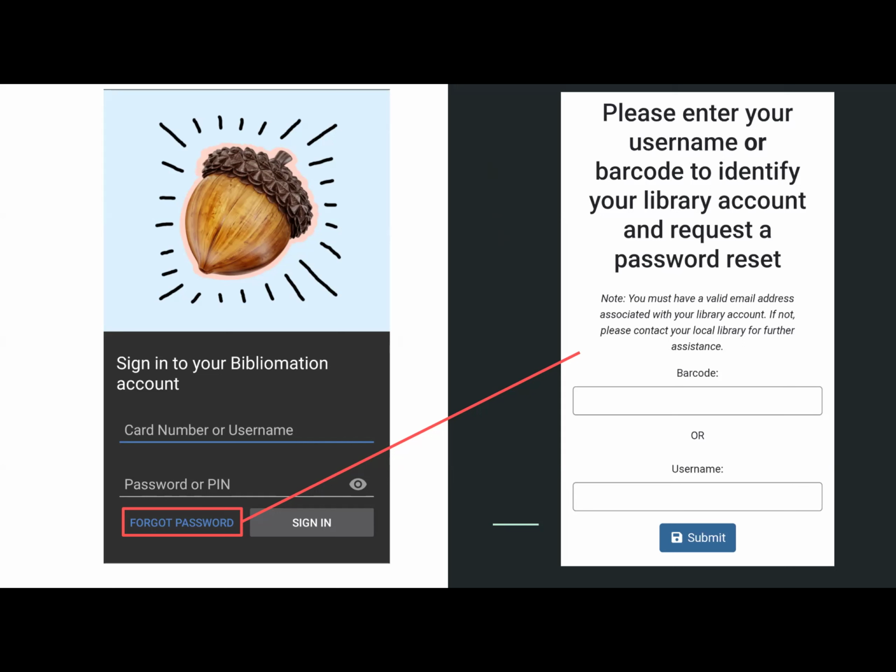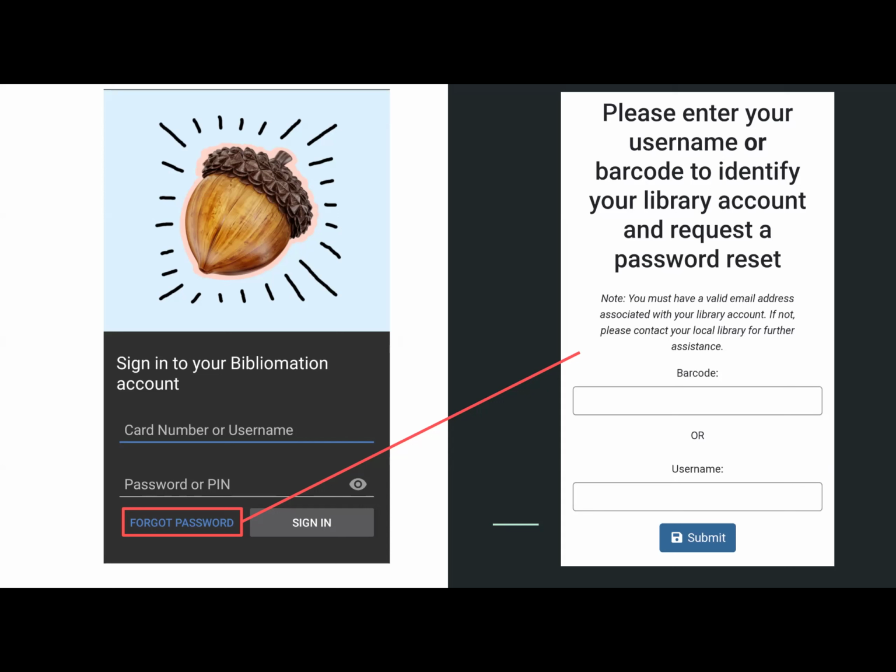So if you are new, let's just say you're completely new to the Acorn app, you never registered your account or logged in with your account to the app before. So you will get assigned into your Biblionation account screen like this, where you'll just put your card name or username and your password, which is very similar to what's in the OPAC. So it's the same username or barcode card number, rather, and the password